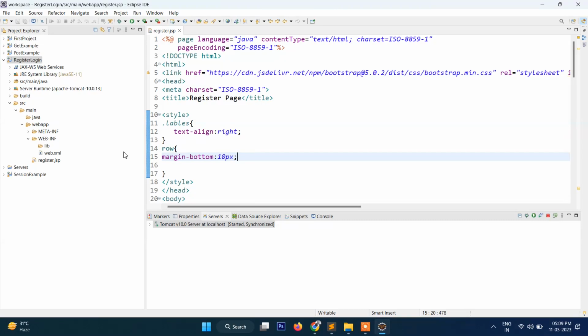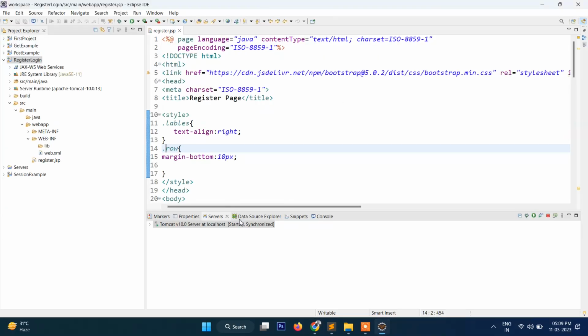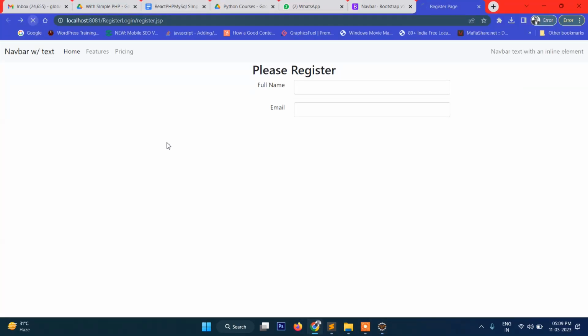It will be dot row, so that each row will have some space, yes, so you can see there is some space, but keep it 20 px. Okay, anyway, so now this is full name, email, and let's